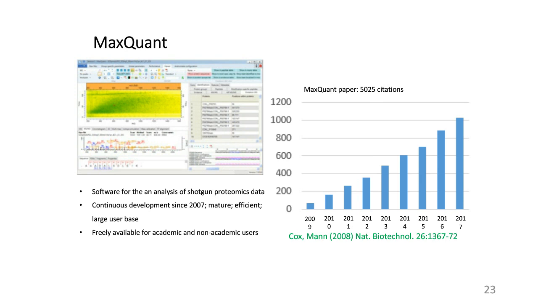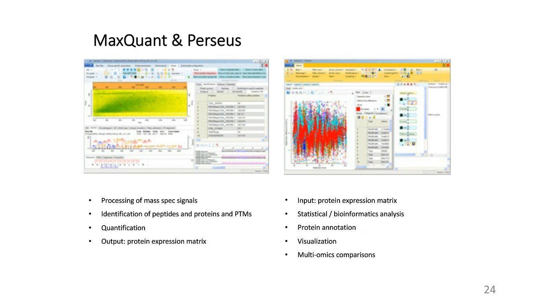So I also want to briefly mention that it's actually two software packages that we're developing in my lab. It is the MaxQuant software and the PASEF software. The sharing of work here is that the MaxQuant software does the processing of the mass spec signals, starting from the raw data and ending with the identified peptides, proteins, and post-translational modifications, but obviously not only the identifications, but also the quantitative results, which can be quantitative measures over many samples nowadays, and will belong to the main output of the